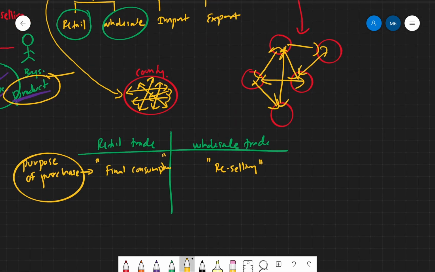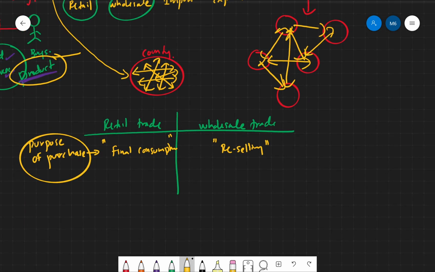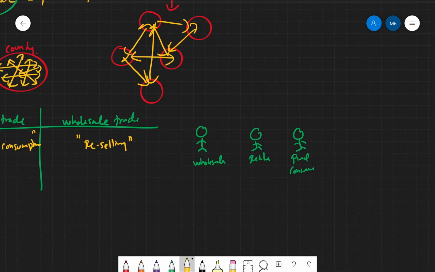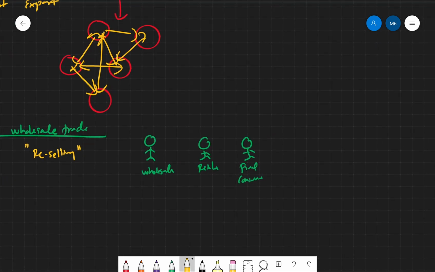So we'll discuss the difference between retail and wholesale trade. Their main features are going to be the difference actually. So let us see. I'll explain it in this way too. We'll see there is a wholesaler, and there is what we call the retailer, and there is the final consumer. If you consider this example, the trade that takes place between these people,